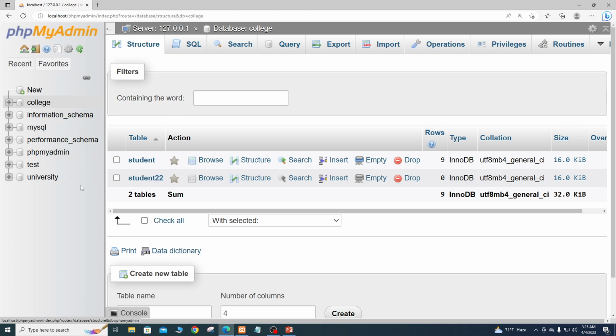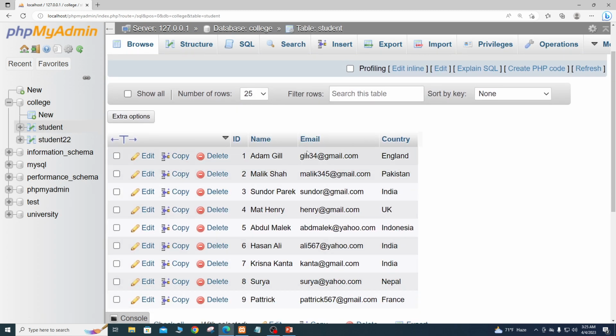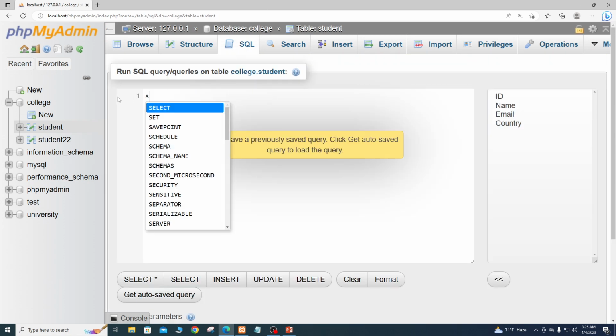I have already opened XAMPP. The database is college and the table is student. So I have 9 records here, but I want to count this. Click on SQL. First SELECT,